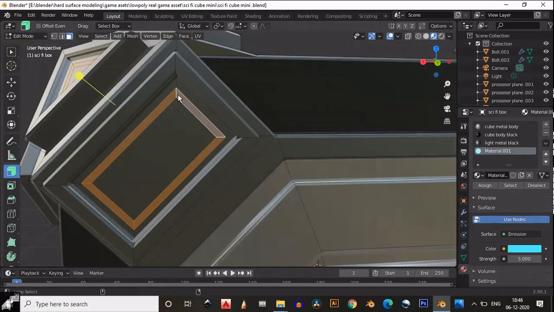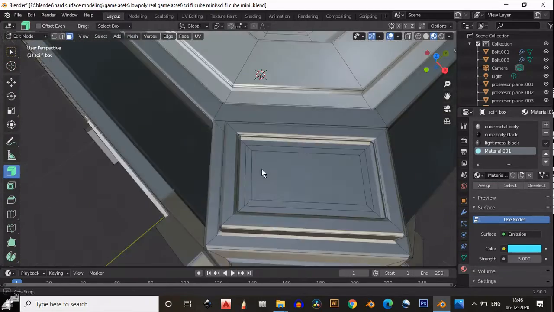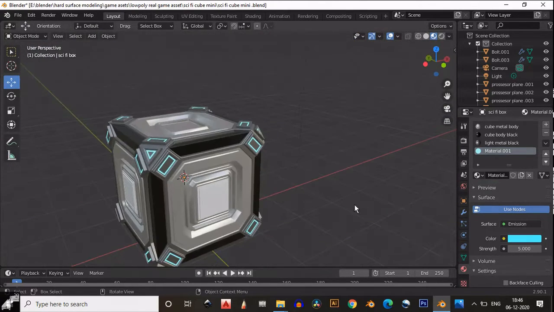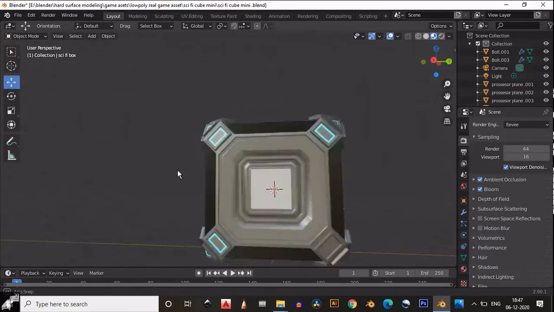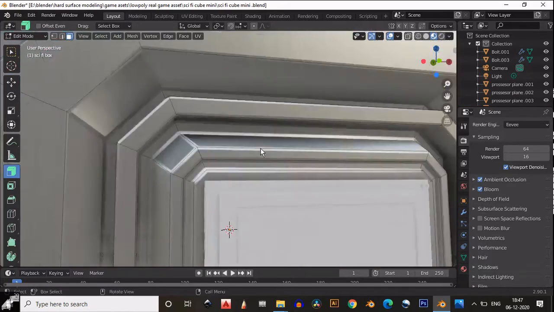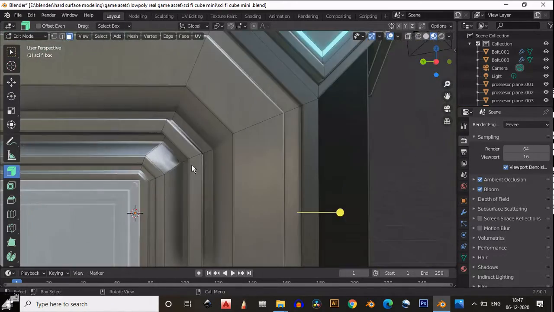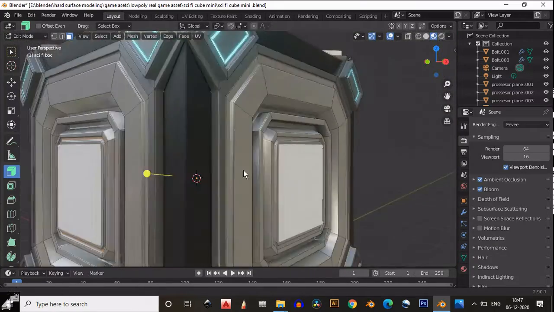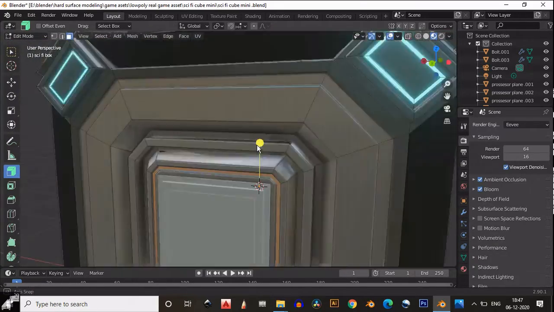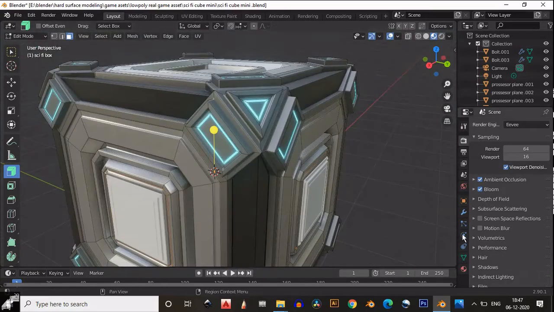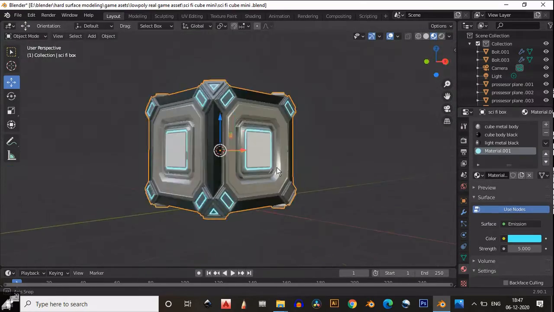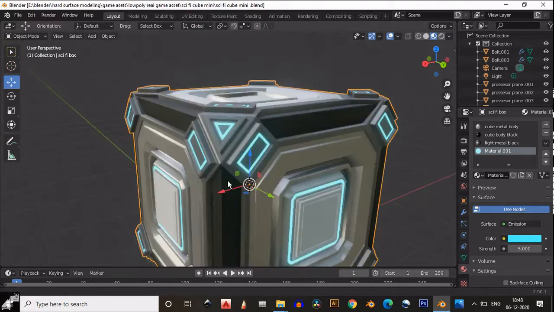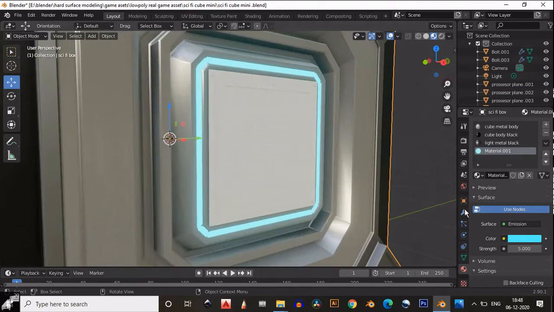So give the emission texture on these face loops and just enable that ambient occlusion and the bloom. Then I will give the same emission shader or emission texture for these gaps also, which we left last time in the modeling part.